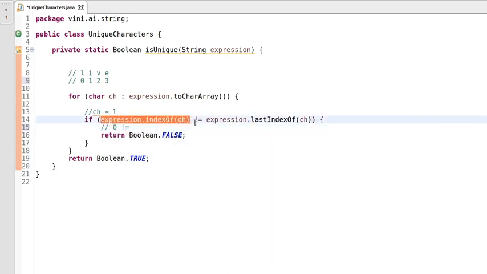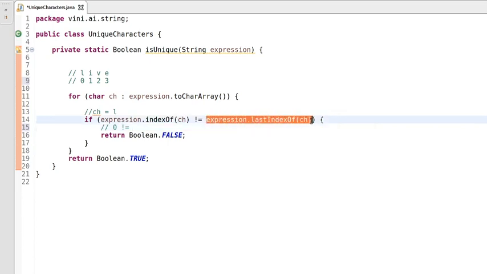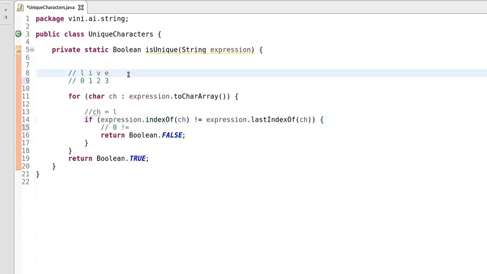Again we have not equal to. Now we are asking the expression to give the last index of ch. Do we have L twice or thrice? No, we have L only once. So this expression will return the last index of ch, that is 0, because we have only one occurrence.